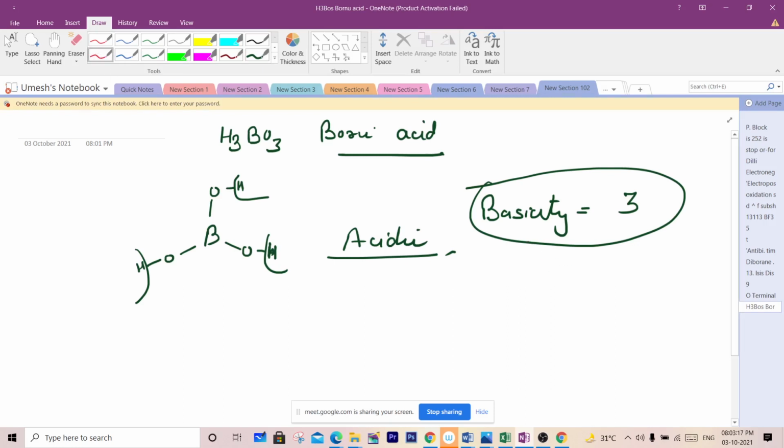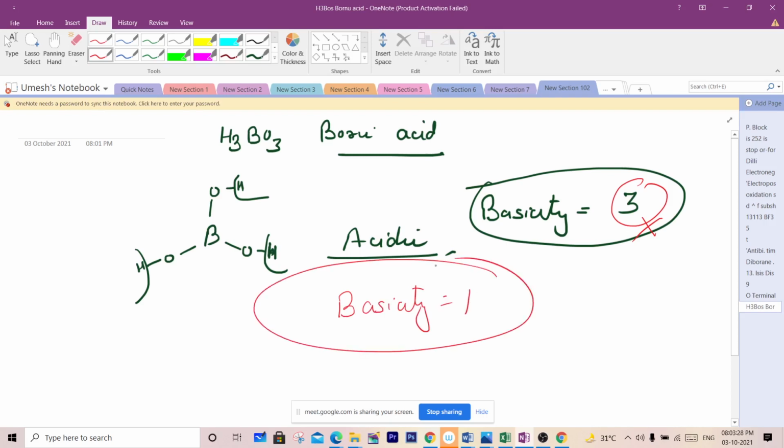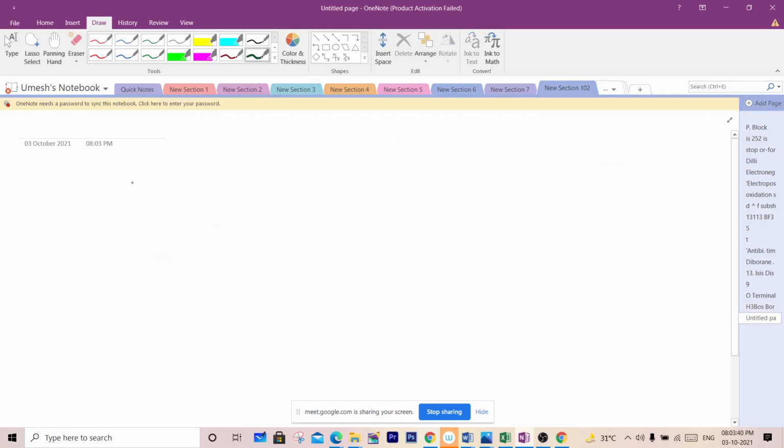But practically, this is found to be wrong. The basicity practically is found to be equal to 1 only, meaning it is capable of giving only 1 H positive ion. Now the question arises, how 1? Practically, it is showing 1, right? Now, how 1? The reason is